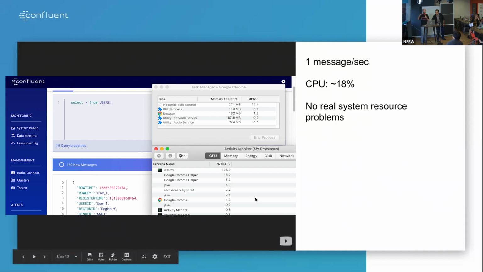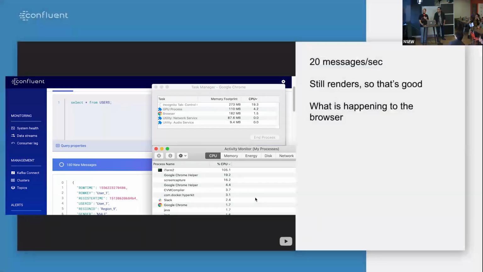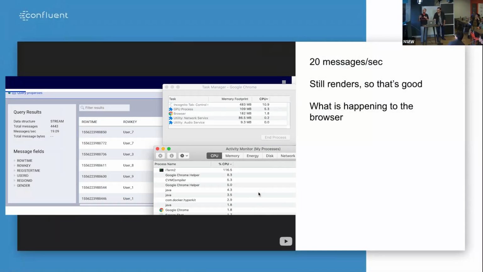From a resource perspective, at about 1 message a second, the data generator I used to produce this is pegged at about 100% CPU on my MacBook, and we're using about 18% inside of the browser to update and render that. All right, cool. If we up this to 20 messages per second, it still renders, but